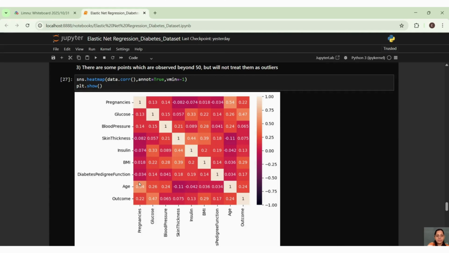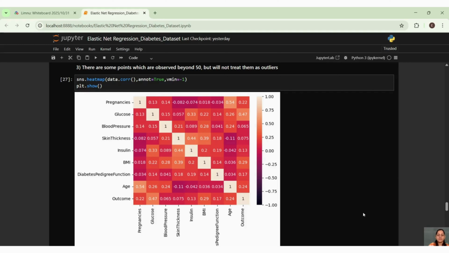Age with pregnancy, you can see, I have already mentioned here, it has strong correlation. Then with blood pressure, it is moderate. With glucose, it is moderate. And with outcome, it is moderate. Then outcome with glucose, it is strong. Then BMI and age.